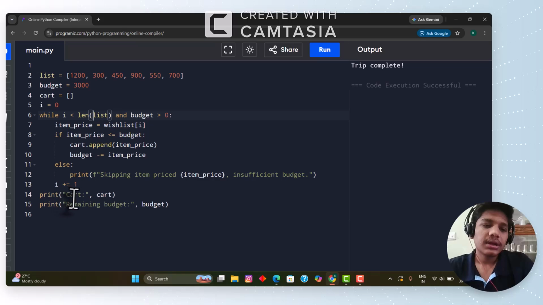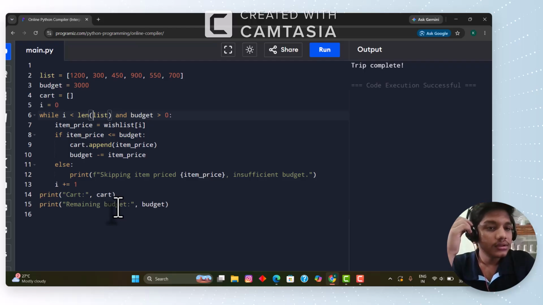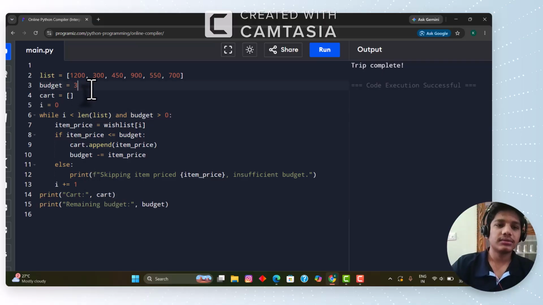What is that? Cart. So what is the cart? If budget is not greater than 0, budget equal to 0, then what will happen? It will print the empty cart, and it will print the remaining budget. The remaining budget was 0, because it will print the direct value of 0. So here if you take budget as an input, int of